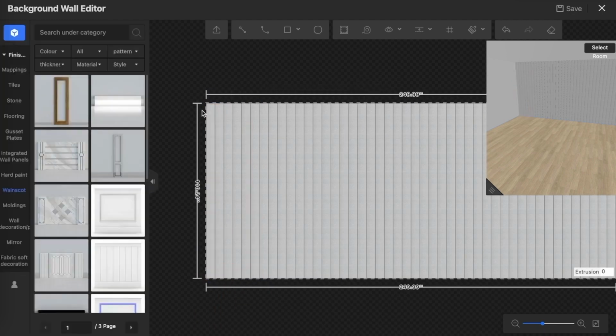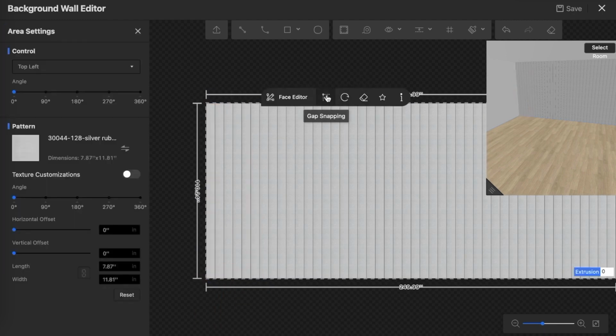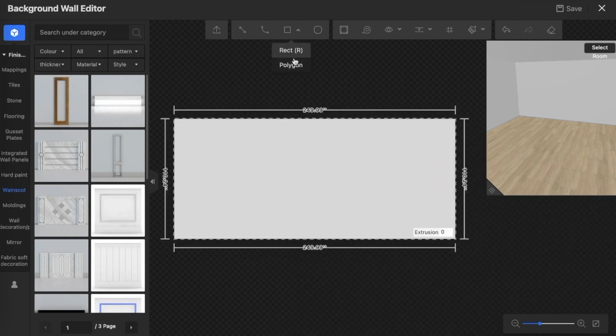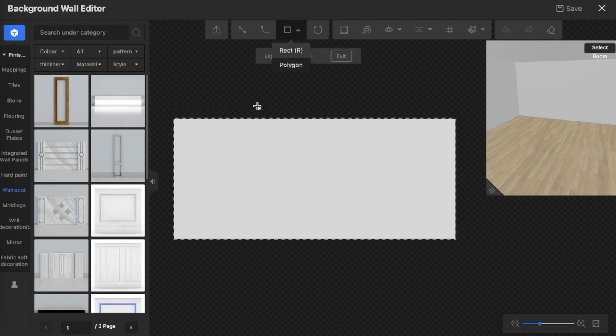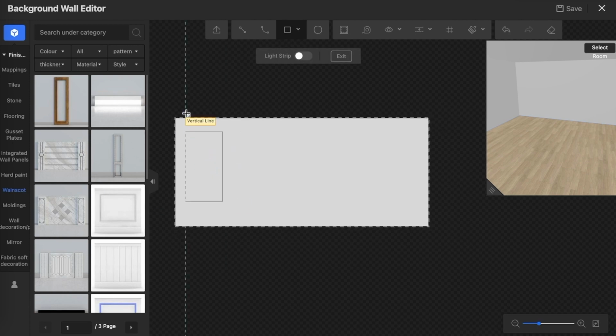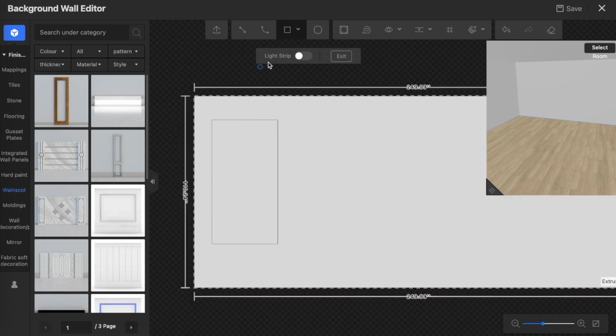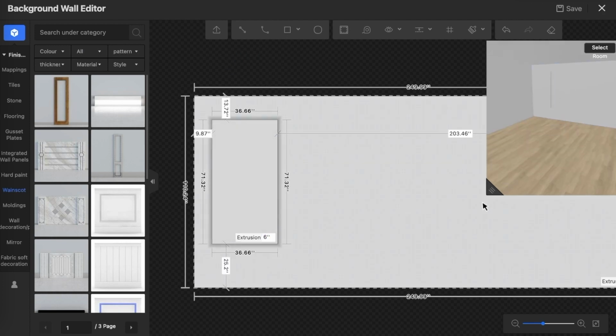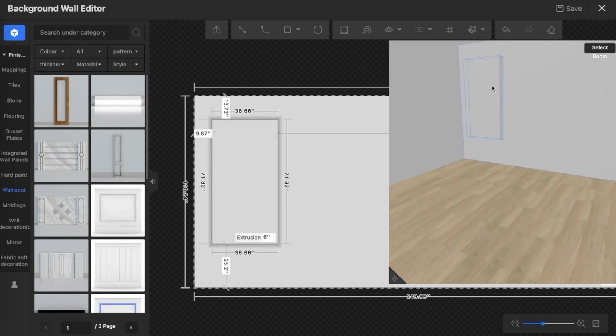Okay, so let's delete this and let's clear the finishes using the eraser. Similar to what we introduced in the construction tool in the previous video, the construction tool is very much like a SketchUp environment. So you can use the rectangle tool to define the area you would like to push or pull. You can see that there's extrusion out. So if I type in something like 6 inches, and I zoom in the 3D, you can see it exactly pushes